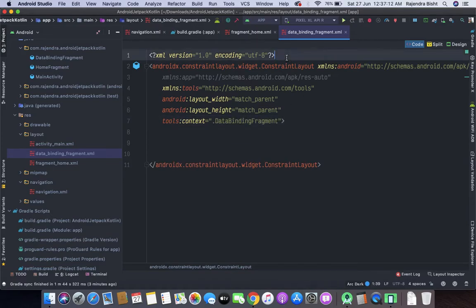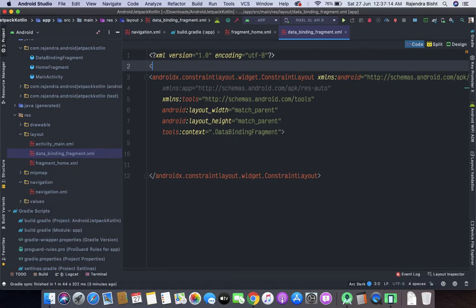Now here we will add a layout tag, which tells this fragment is using data binding.